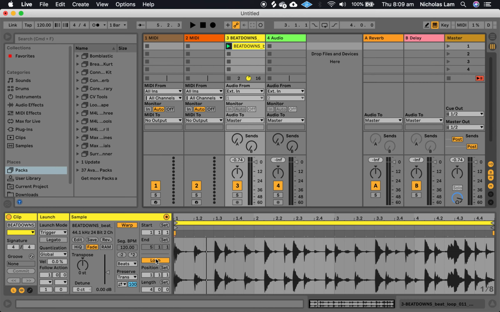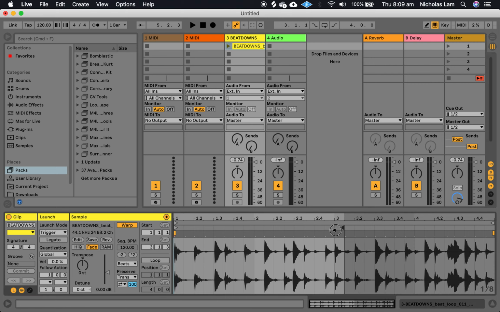So to get started, turn off the loop brackets or the loop braces, and we're going to pull down the end of this clip just till after the first hit. So now it sounds like this. And notice now that we have the end point there, when we play the clip, it plays once and stops. Follow actions down here